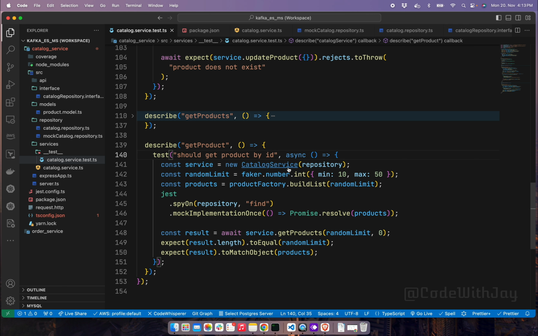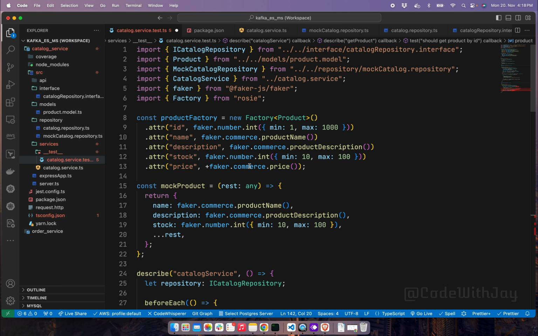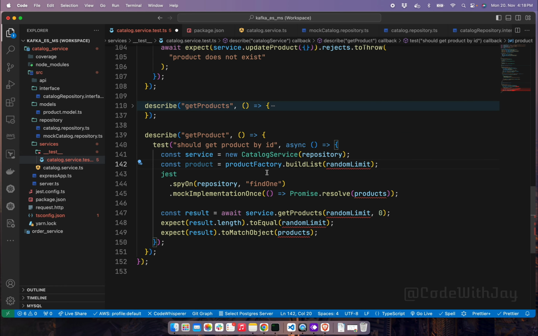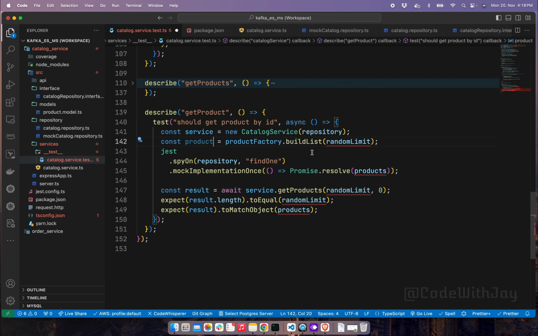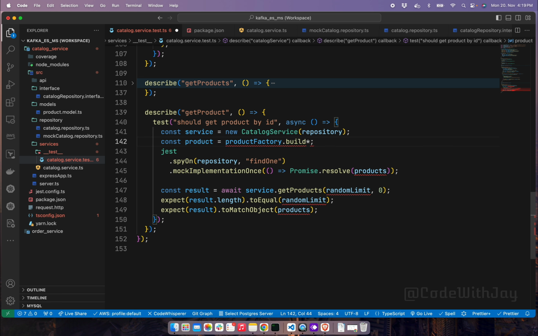by ID. So here are a couple of things we need to change. First of all, this is not products, this is going to be product. While we are creating our product from our product factory, you can see in the product factory, it is capable of providing a list of products or a single product as well. So while we are creating a list of products, we need to build a list from there. Or if you need only one single product, then you can use something like build. It will return only one single product from there. You can see this is only one product, and this is what we are going to pass here,